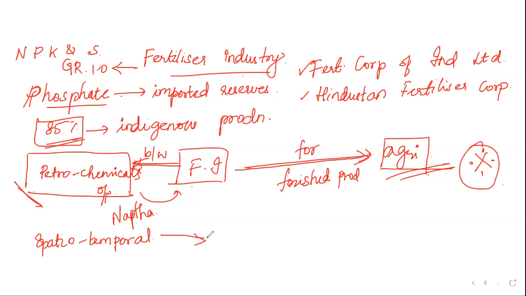So now tell me, where could the maximum utilization of fertilizer have occurred? Where could the maximum fertilizer have been used in our country? Ideally, it would have been in the Green Revolution belt. Green Revolution belt. So what happens here is,